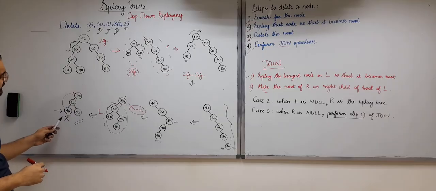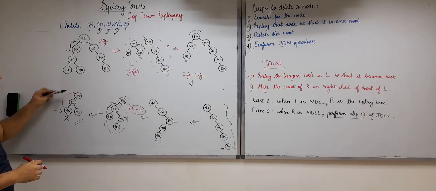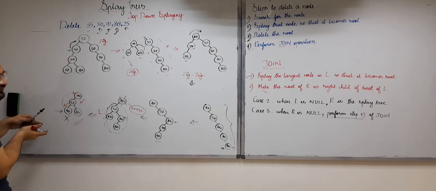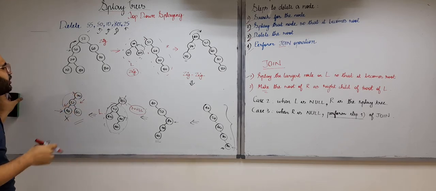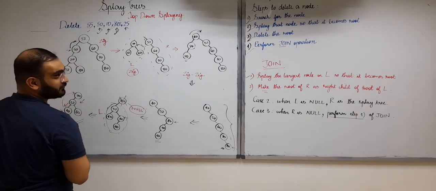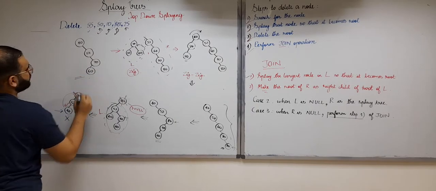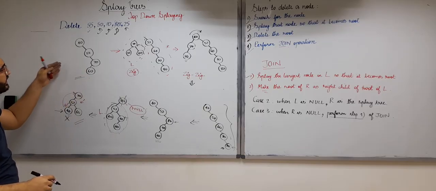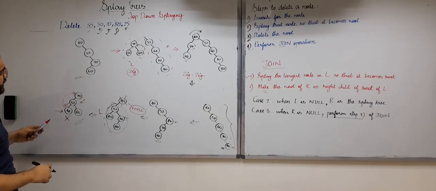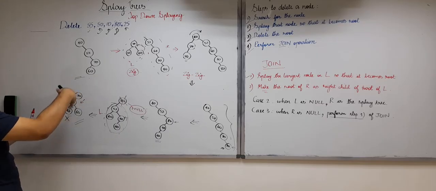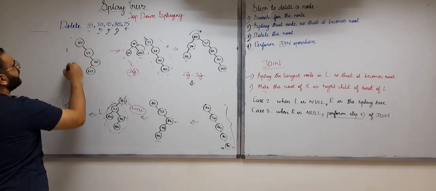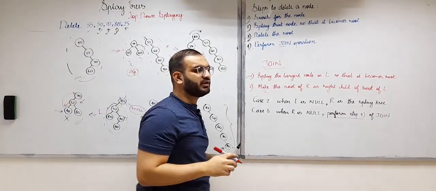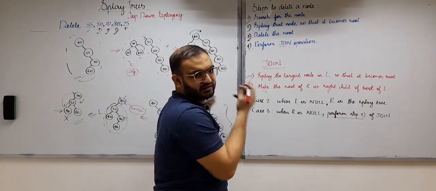So which splay operation will we perform over here? In this case, because the direction from here to here is left and the direction from here to here is also left, we'll perform the zig-zig operation. So let me draw the splay tree after performing it. This will be the final splay tree that I'll get, right? So first there will be 2 right rotations in this case. This was the last case that we saw, where we were dealing with a deletion for a node that was not present in the splay tree.